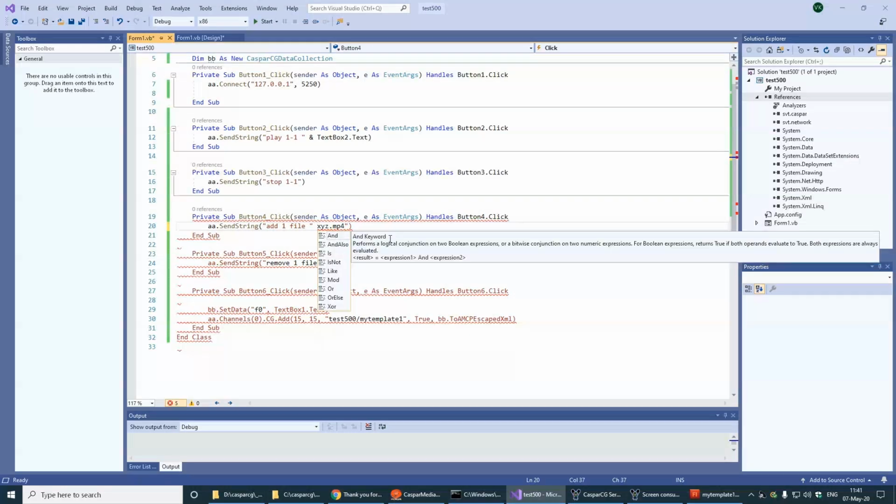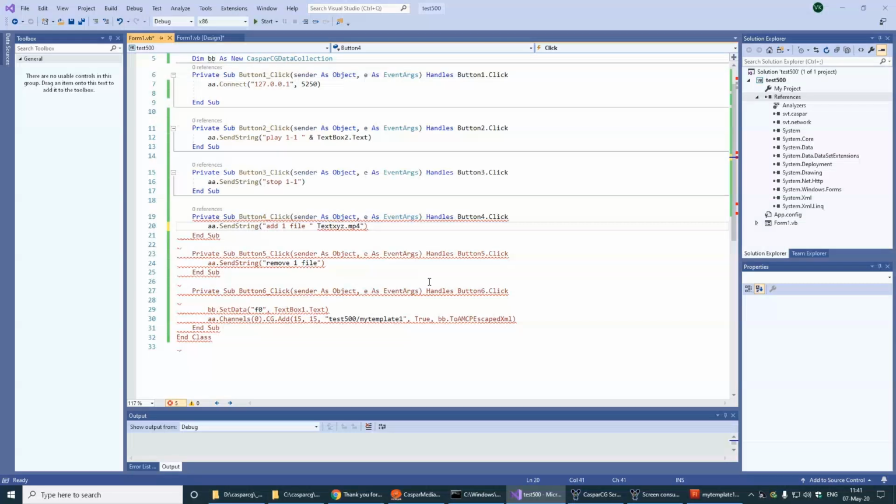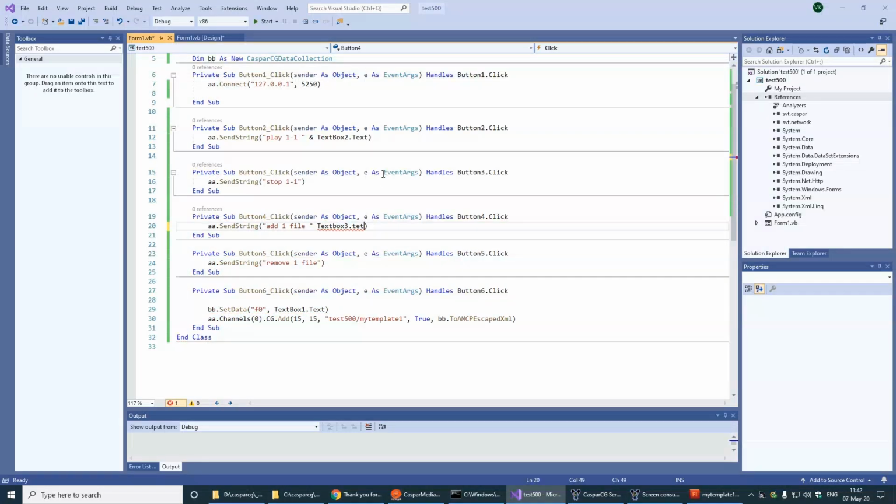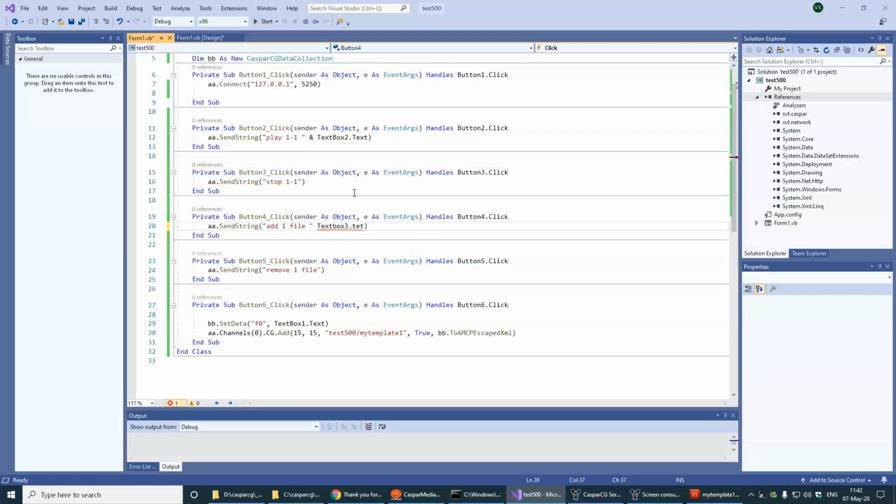So I will modify the code, add one file, and file name variable will be taken from textbox3.text.